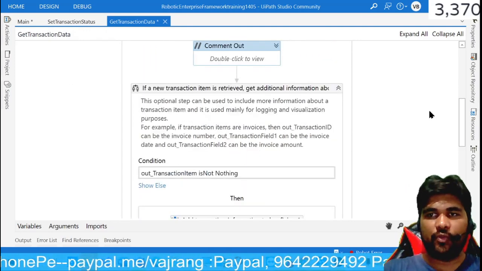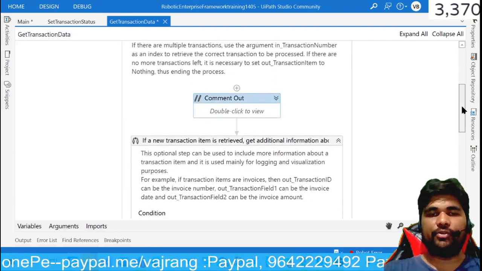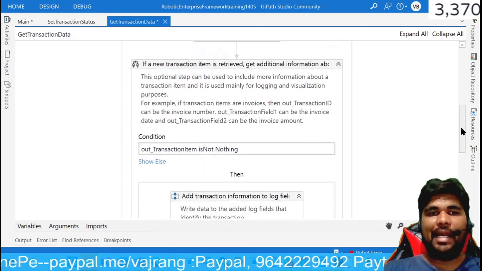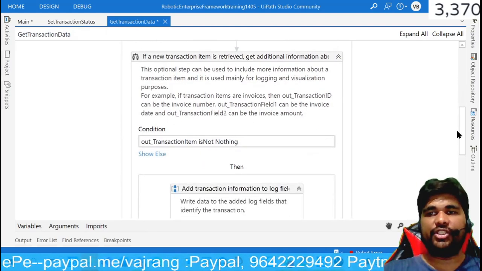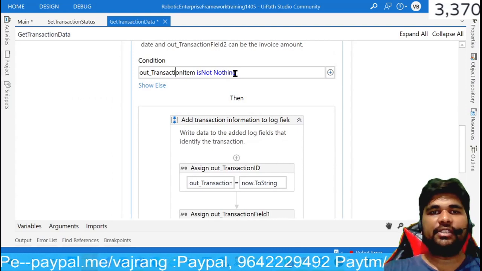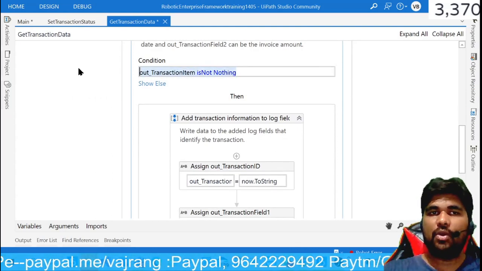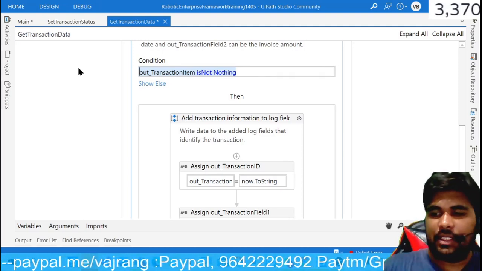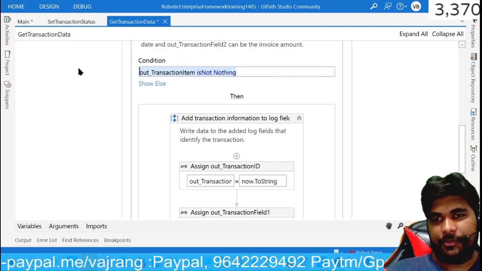But since we are not working with orchestrator queue, I commented it out. And the important thing that we need to change over here is transaction item is not nothing, which is something that we need to do when it is orchestrator queue. But here try to tell me the logic.